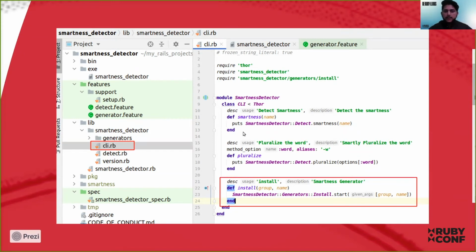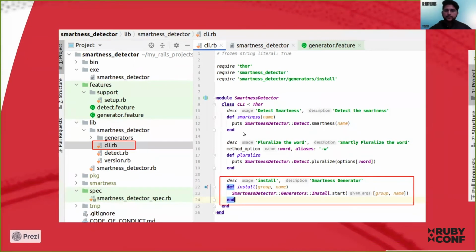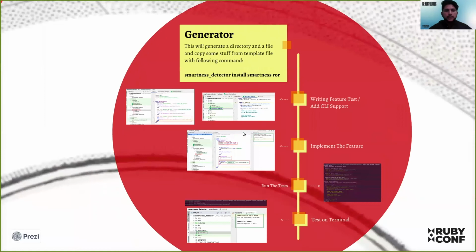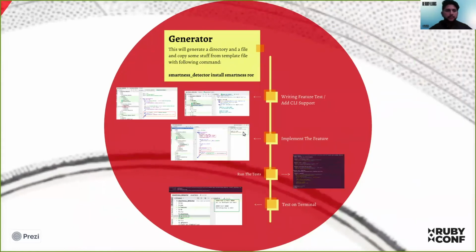Group is basically the name of the directory. In our case, it will be smartness, and we will pass these arguments to the install class. We haven't defined that class yet. We will soon. So now we have all the tests in place. We will implement the feature.